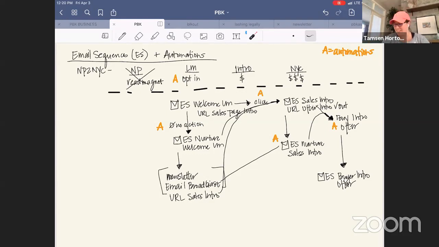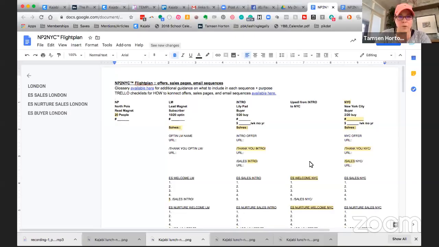Okay, we will go into Kajabi. And you know what, before we do that, I'm going to go on the checklist. So let's pop into the checklist. And this is a very short form. I use it as a cheat sheet because it just lets me keep everything right at my fingertips when I'm putting it together, either for myself or for a PBK person.